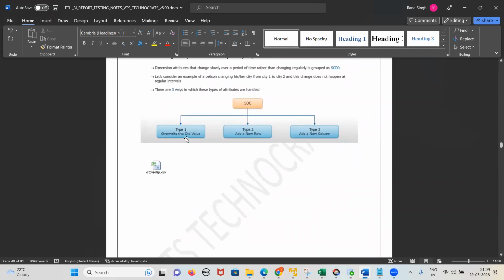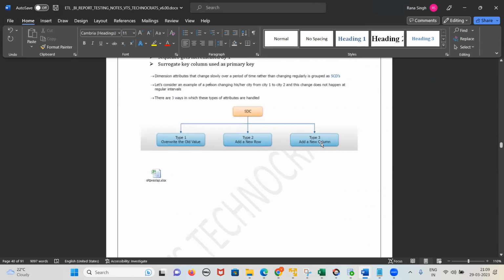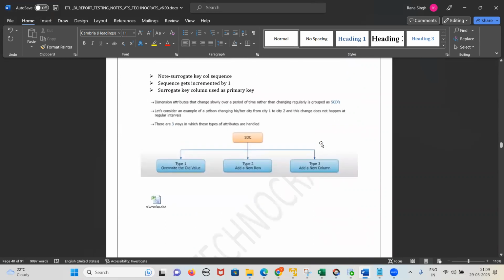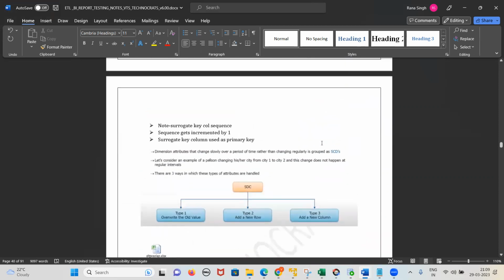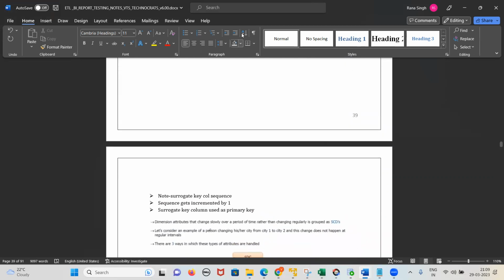Yes or no, guys? Yes, sir. If we tell in a cumulative way, SCD type 1 will override what? The old values. Yes or no, guys? Yes. SCD type 2 will add what? New rows. Yes or no, guys? Yes. And SCD type 3 will add what? New column. Yes or no, guys? So tomorrow I'm planning to start your surrogate